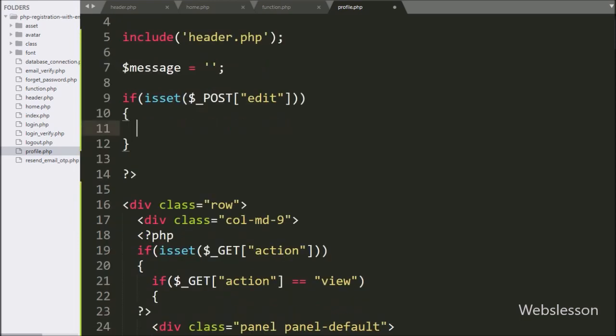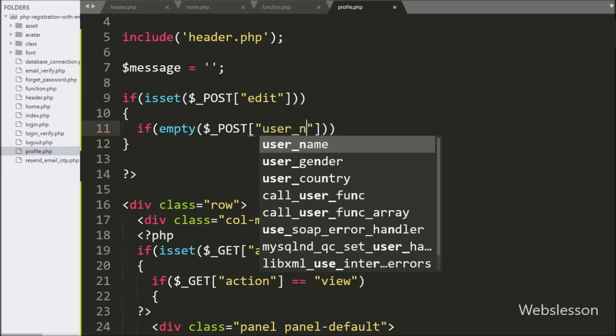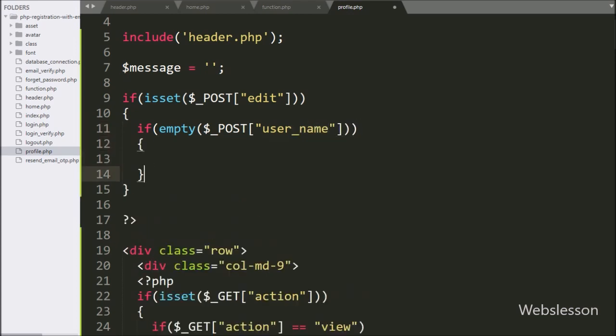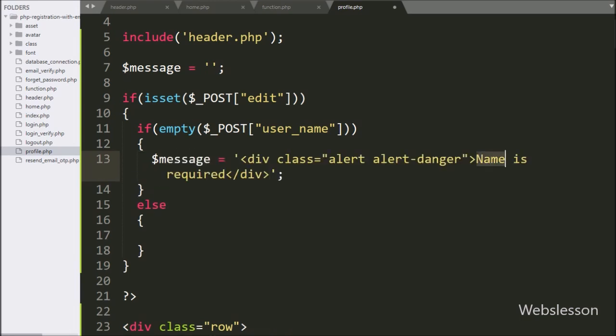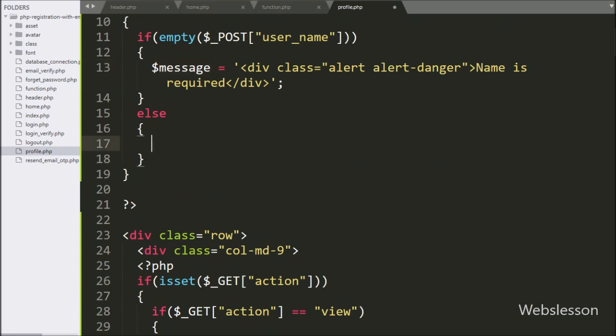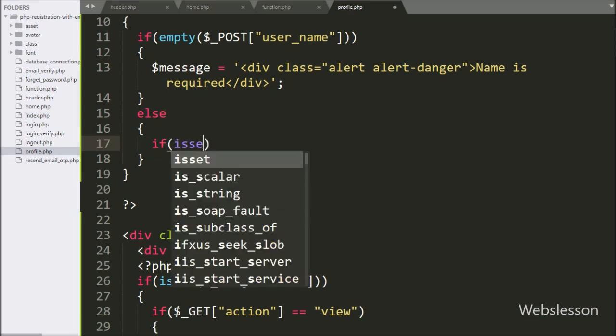Under this block, we have again written an if statement, and under the condition, we have written the empty function, and under this function, we have written the $_POST['username'] variable. If this variable value is empty, then it will execute the if block of code, and here we have written the $message variable equal to a message like 'Name is required'. But suppose the above condition is false, then it will execute the else block of code, and here we have written an if statement,